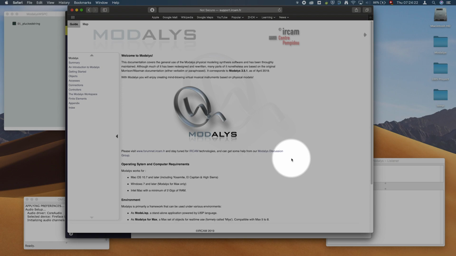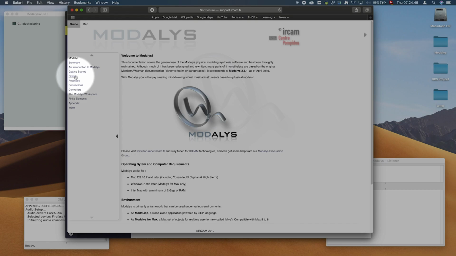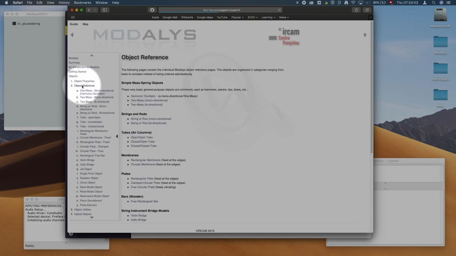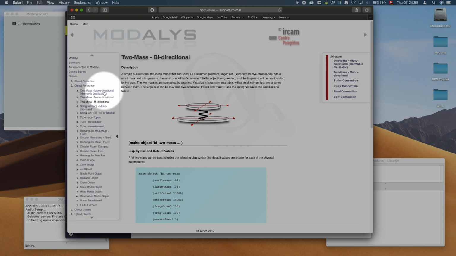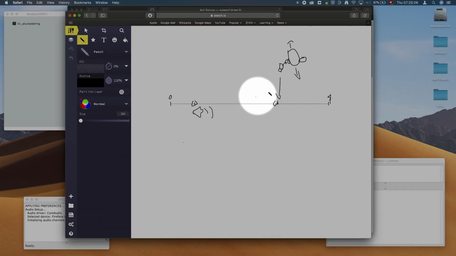So today we are going to bow a string. No extra introduction necessary, so let's get right to it. I'm going back to my wonderful Picasso sketch that you might remember from tutorial 1, to further explain the principles. If we bow a string in Modalys, we need what I showed last time in the objects. We need these bidirectional strings and bidirectional mass, because this can move in 2 dimensions. This as well, and for the bow connection we need that because the bow pushes down, but it's also moved